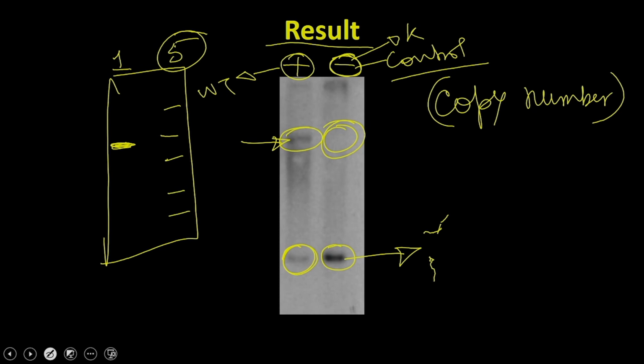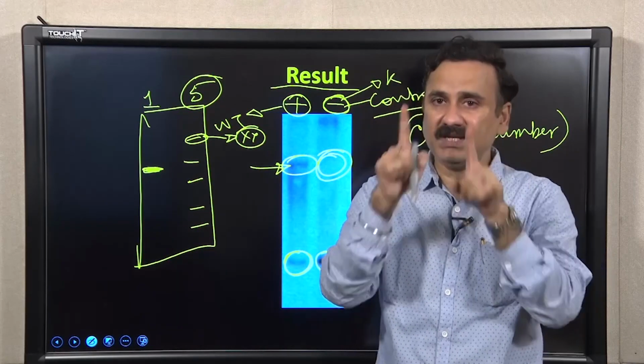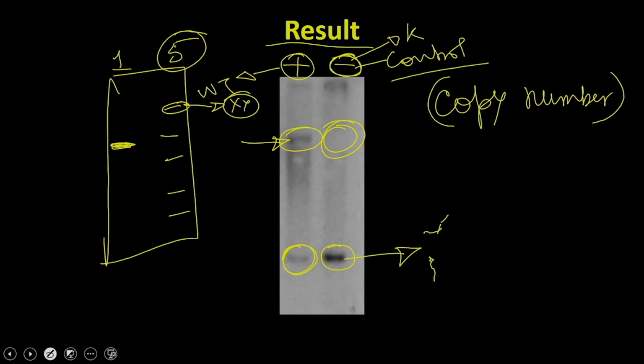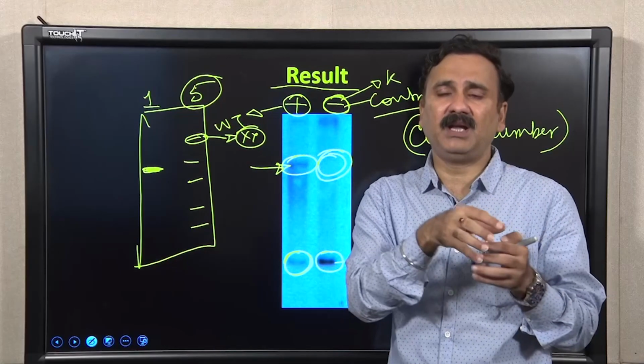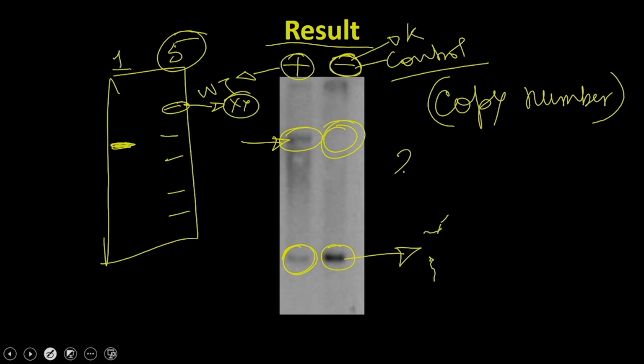Why are you going to have different bands? Because all these genes might be associated with different flanking DNA. The fragment you generate is not only going to be of your gene's size, because if that were the case, you should get a single band irrespective of whether the copy number is 1 or 5, but that is not the case. When you generate random fragments, in some fragments you might have extra DNA. For example, if I have a gene which is 2 kb, then in some places